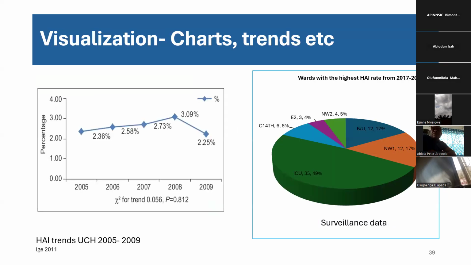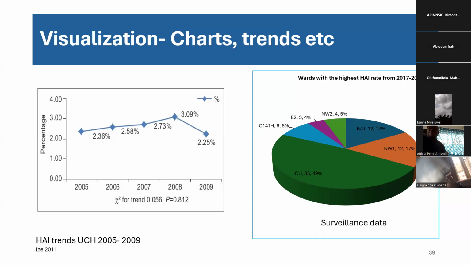So after you have calculated your rates, it's always nice to present it in a way that makes it clear for people to appreciate and understand. Particularly if you have multiple times of data collection, then you can present this in a chart. So to the right of the screen is a single measurement that shows you this particular HAI. You can see that the slice of the pie, the highest slice has a dark green. So ICU has the highest proportion of infections. So if you are trying to target your intervention, then you focus on ICU that has the highest rate of